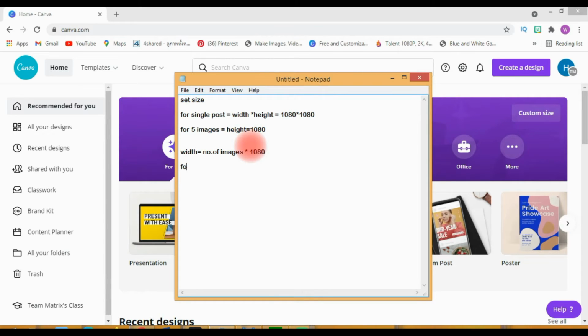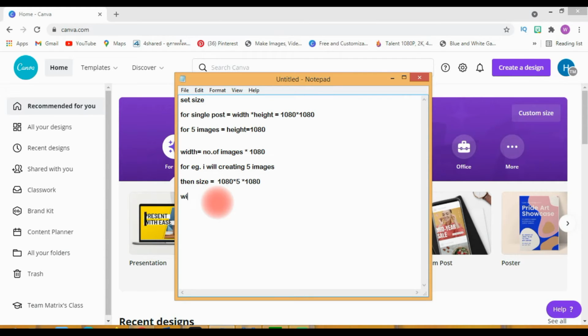For example, if I create 5 images, then the size will be 1080 into 5 by 1080. This will be the width and this will be the height.